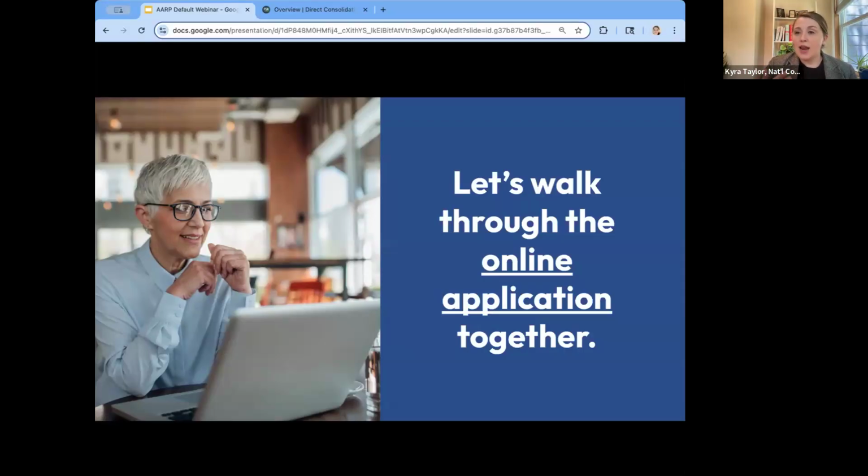The reason the online application is better in my mind is that it auto-populates information that you've already input to studentaid.gov and that the Department of Education already has about you. It also automatically includes the income-driven repayment application, which is also great. And the last big benefit is that it tends to be faster. The application will be granted faster if you apply online versus applying on paper.